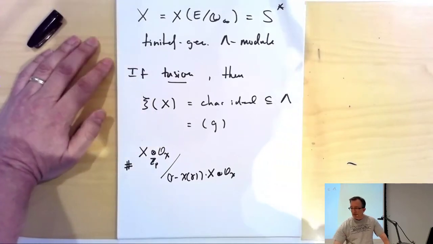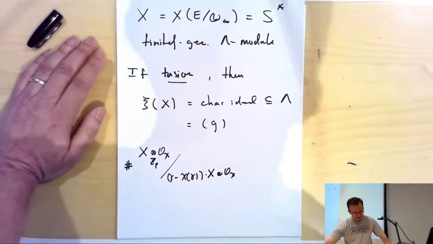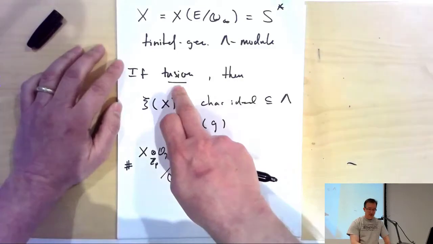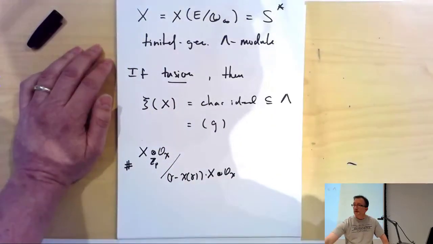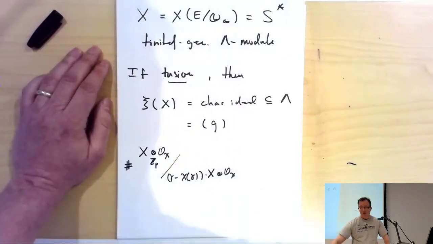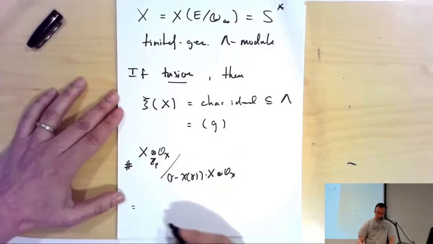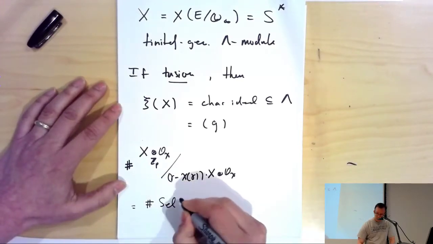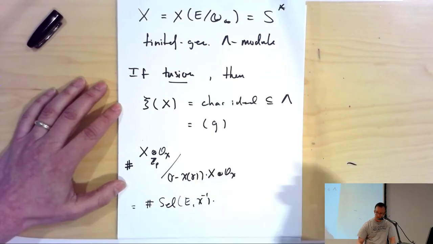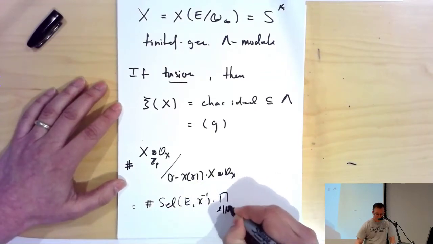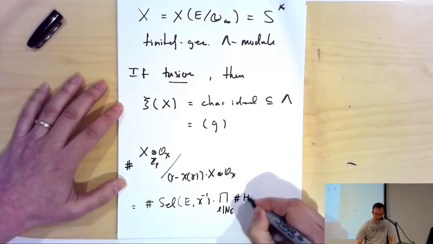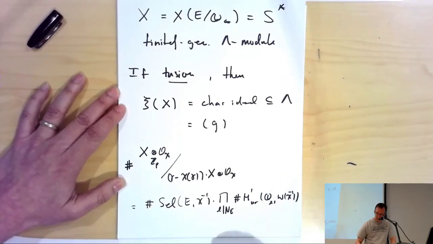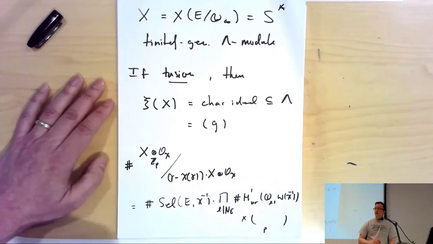That's just duality, but what we can then use, under the simplifying hypothesis of no rational p-torsion and X being torsion, is that we can realize it as the product of the sizes of the other two pieces of this now exact sequence. So this is the order of the Selmer group of chi inverse, times the order of the product over the primes dividing the conductor of the orders of these H1 URs, these Tamagawa factors, and then times some correction term at the prime p,